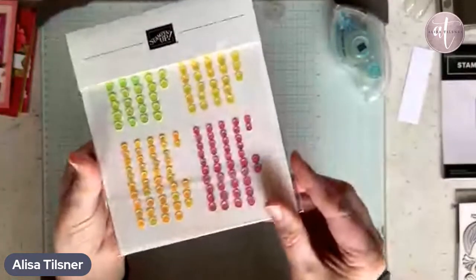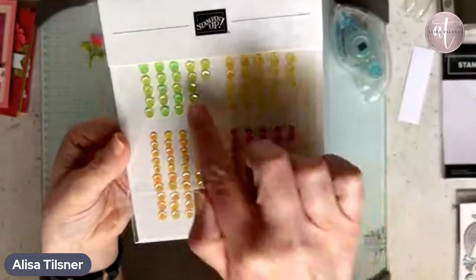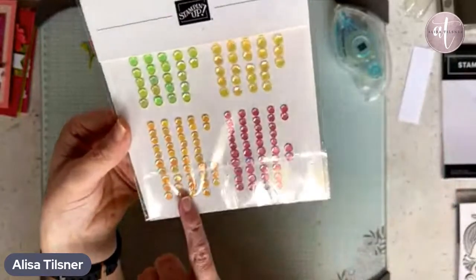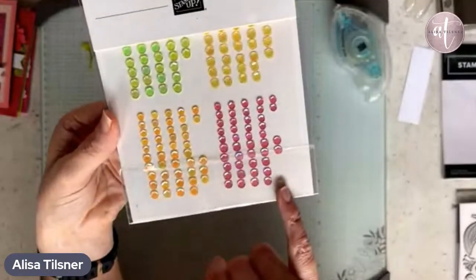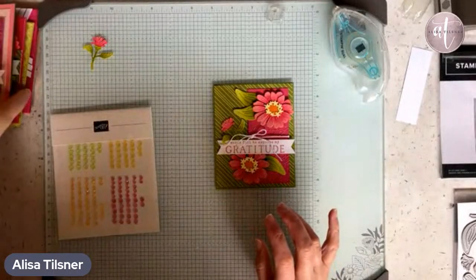I'm sorry that it's not real clear, but I think we've got lemon lime twist, lemon lolly. I can't tell whether these are petal pink or that, so I reckon you could use them on petal pink, or they could be pumpkin pie, and then we've got melon mambo. In the color schemes is also